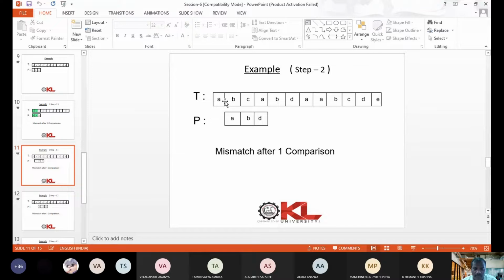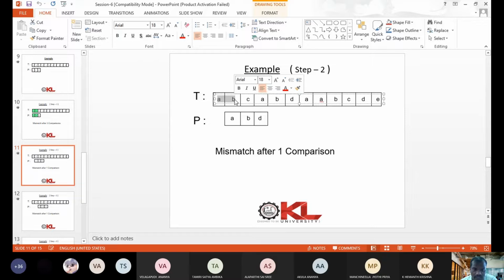Okay, now we are taking the string after leaving the first alphabet in the first place of the given actual lengthy string; we started from the second. So this B is compared with A, right? In the first comparison itself a mismatch occurs. So A is not equal to B. That is why we increment T by 1.